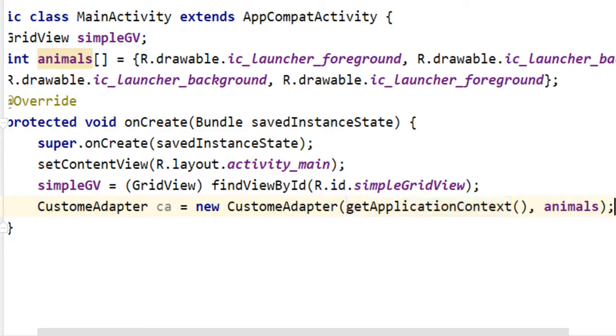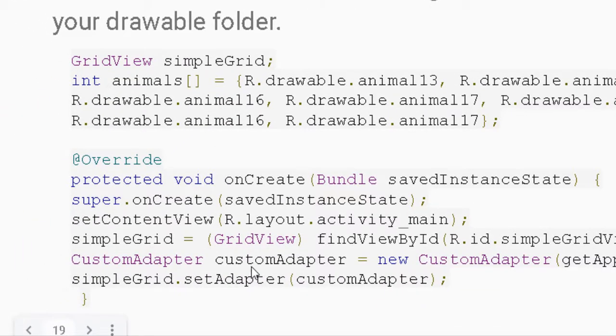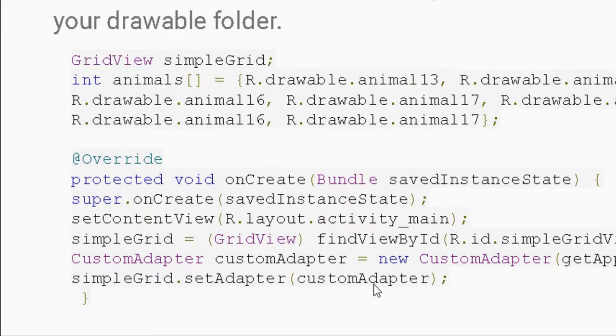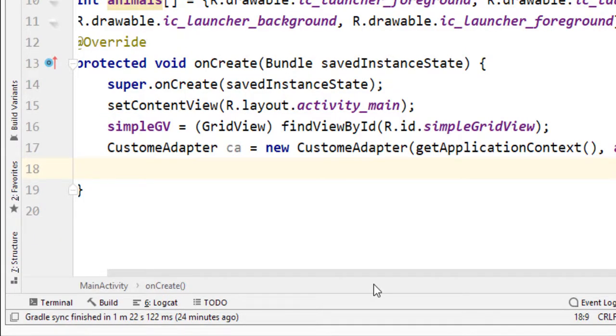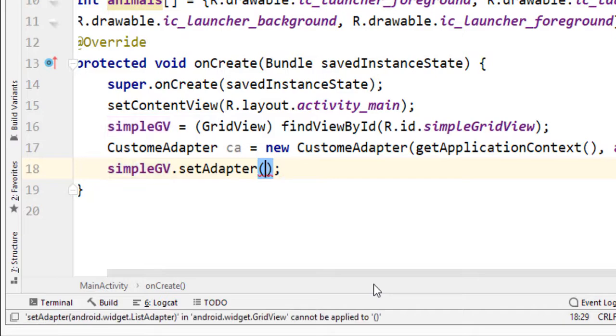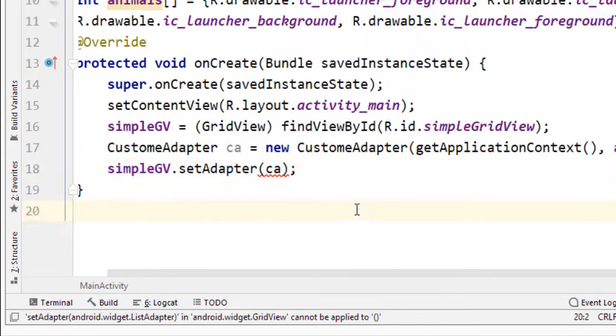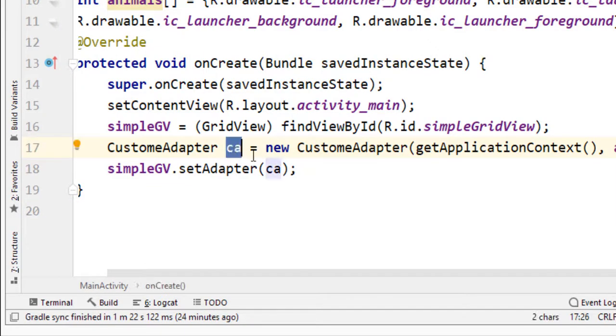So up to now we created it successfully. Let us understand the next part. The next line is where we set the adapter with your custom adapter. The instance of the adapter is called simple grid view, and with custom adapter. So let us define: every instance of simple grid view needs to set adapter, and under the adapter we are going to pass any adapter that you already defined. So right now we are going to pass our custom adapter into it.